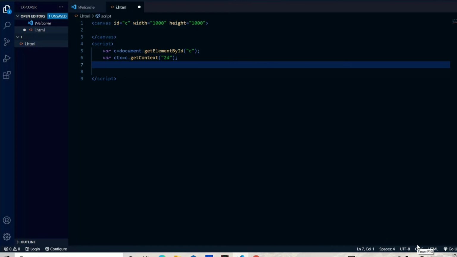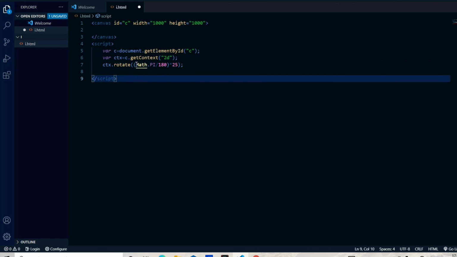Now I'm going to show you how the rotate method works. For that I am creating a rotate with a script of following where I am using the ctx.rotate. Here Math is an inbuilt object in JavaScript, and Math.PI, which includes the degree, means when we divide any radian by 180 and multiply by any angle, it becomes a degree.